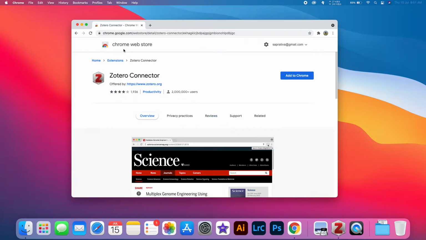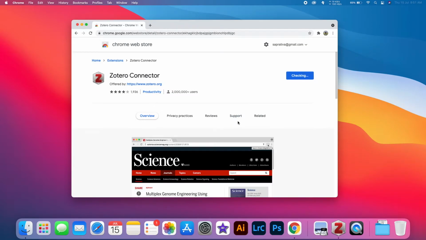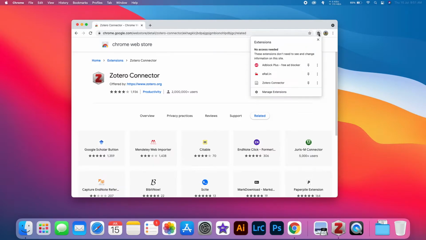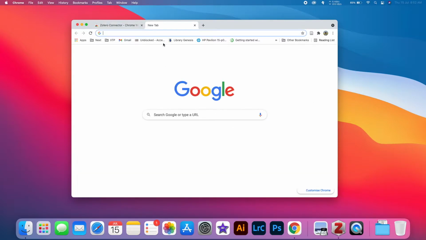and it will take you to the Chrome web store. Here you click on this add to Chrome link. It will ask your permission. Click on add extension. And the Zotero extension will be installed in Chrome. If you want, you can go and click on this and you can pin this so it comes here. I will show you what is the use of this plugin in Chrome for Zotero. But before that, I want to install